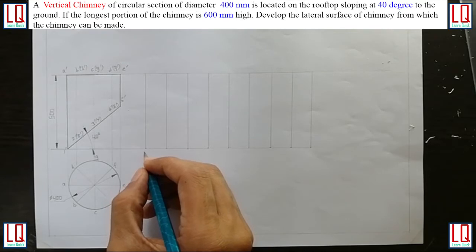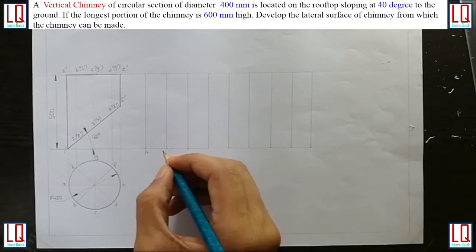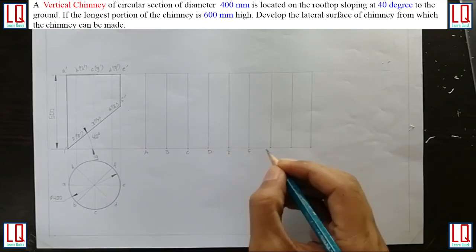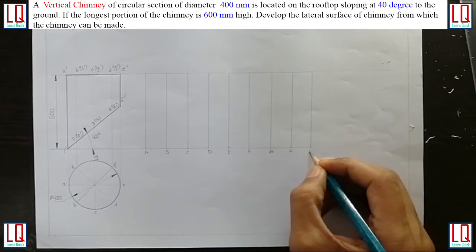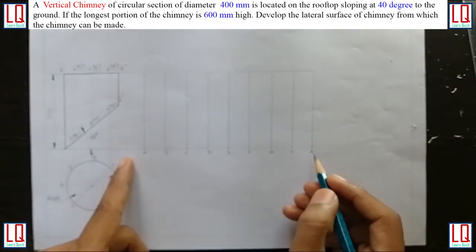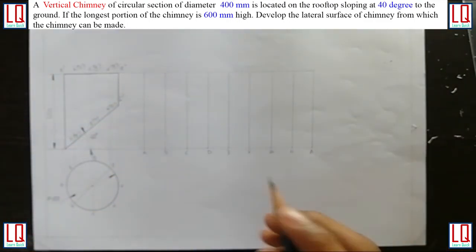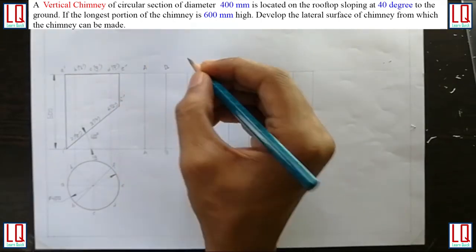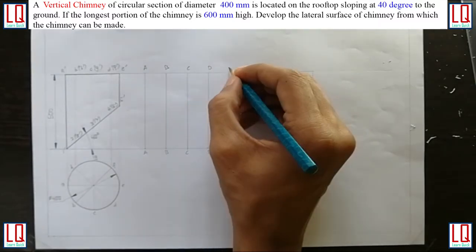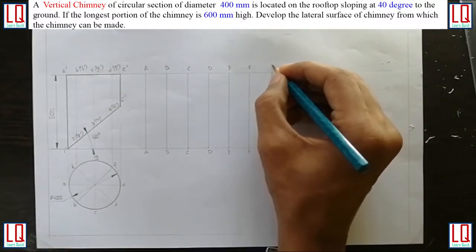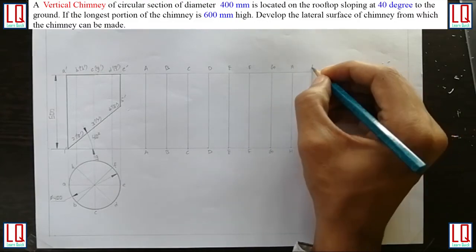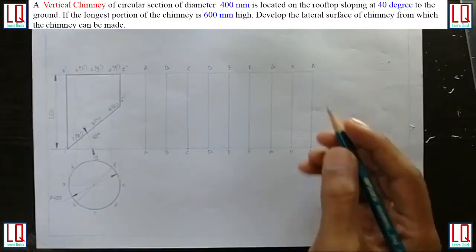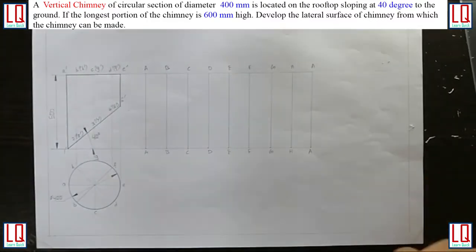We will start with the left, capital A, capital B, C, D, E, F, G, H and then again A, because when you roll up, the 2 points will become 1. Similarly we will do the top circle A, B, C, D, E, F, G, H and then A. So we have unfolded the cylinder. If you fold it again, this generator and this generator will be the same.